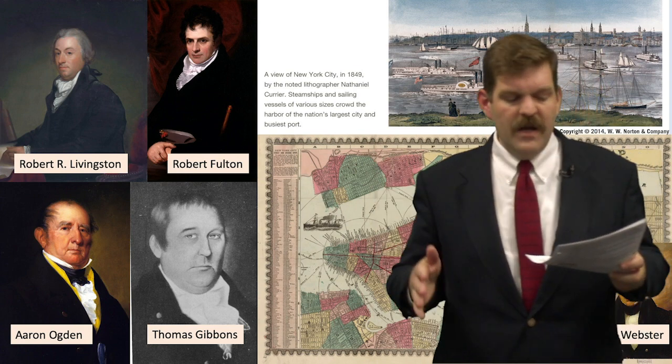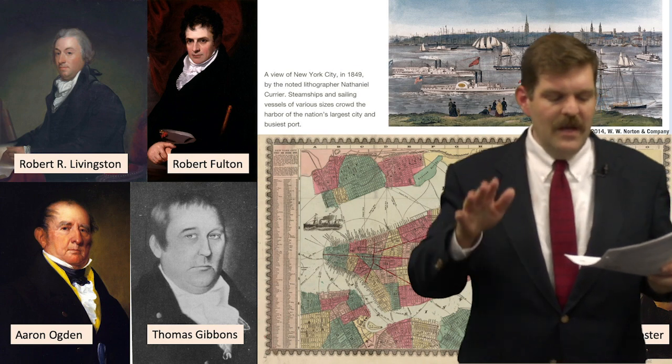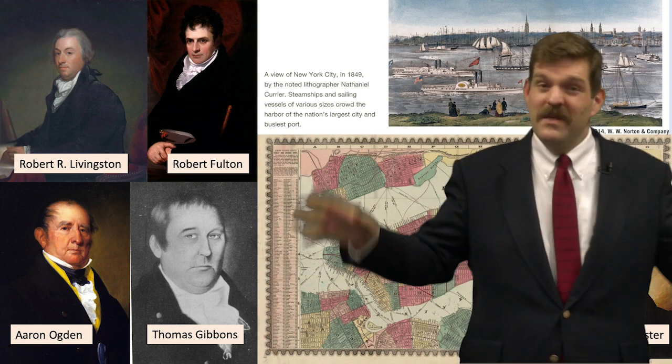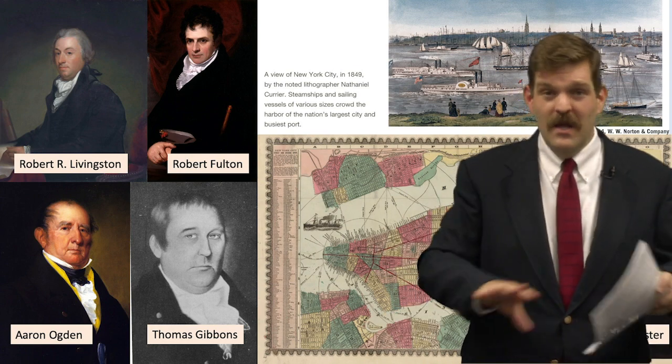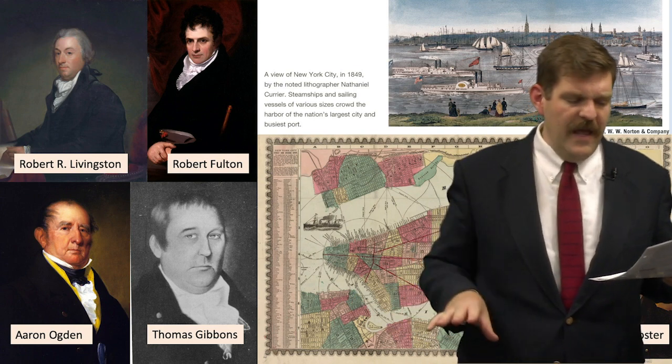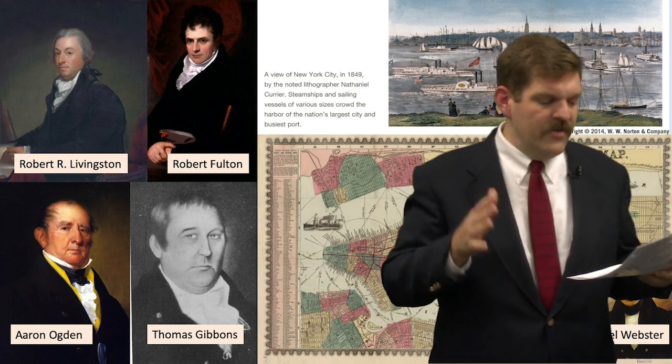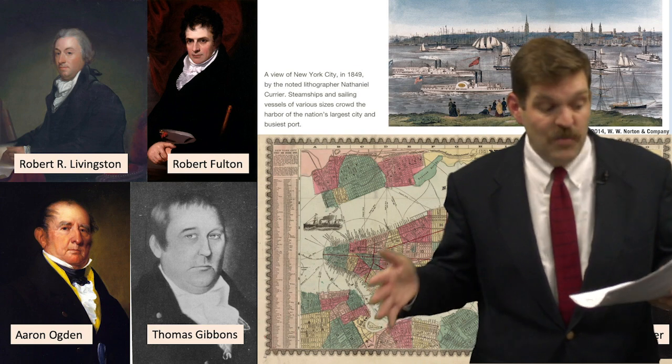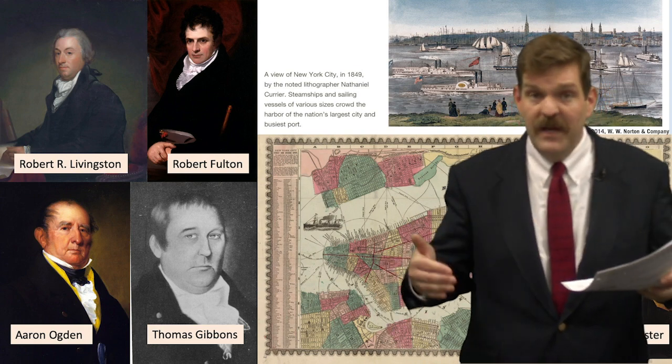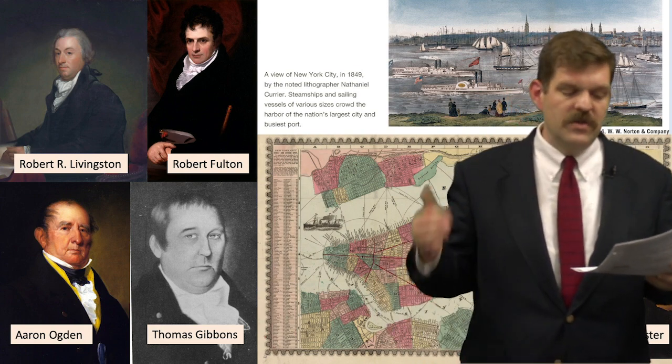But the partnership collapsed 3 years later. When that happened, Gibbons and Ogden's business fell apart and they were no longer partners. Then Gibbons operated another steamboat on what was Ogden's route. These former business partners were now competing on the same routes between New Jersey and New York City.